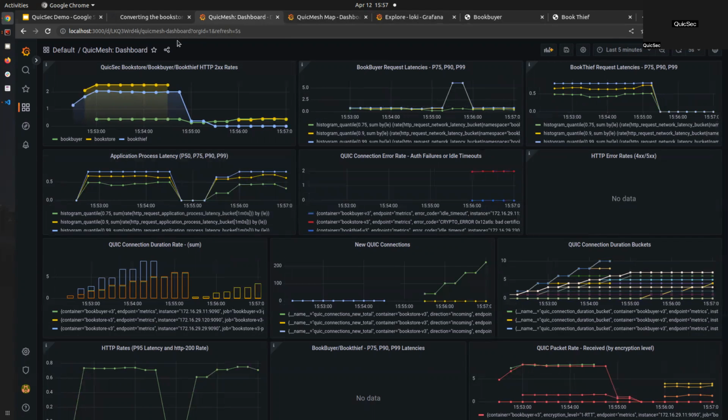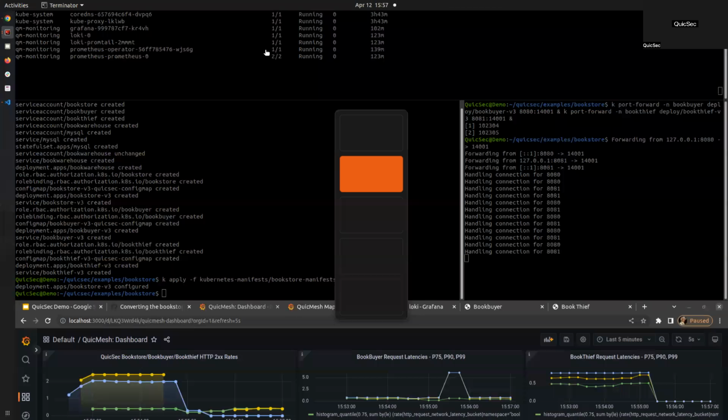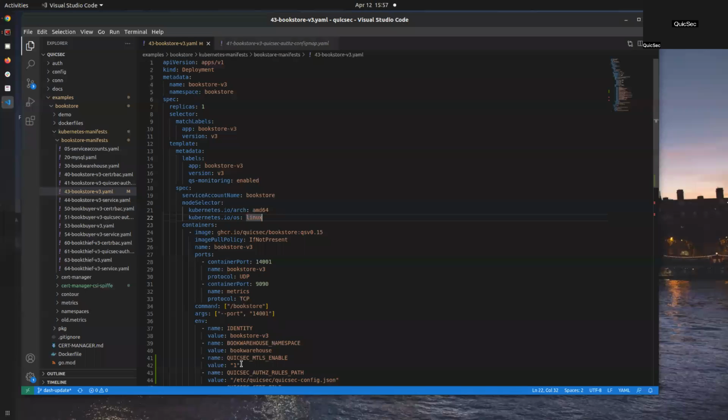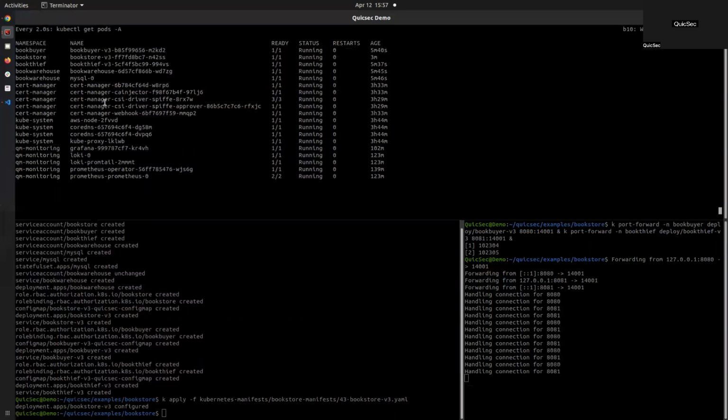So in effect, what we have demonstrated is that by using a simple one-line environment variable change to the application manifest, we are able to enable mutual TLS for the application between different microservices. And what this leverages behind the covers is different plugins for enabling this, including cert-manager, and specifically the